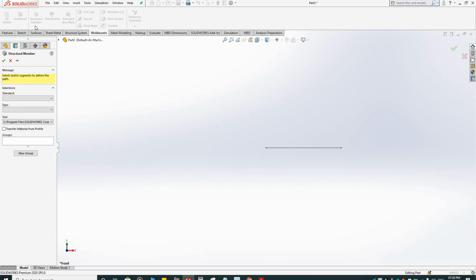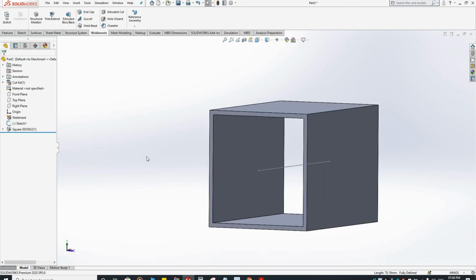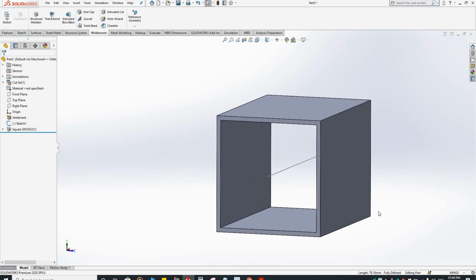In weldment, in structural member, you can see the custom folder in standard. The custom folder is created by myself. Then select your square folder. The size is our given size. And click the line. You see this. Now our custom weldment profile is created in SolidWorks 2020.